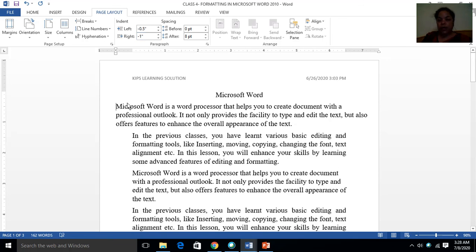So by this way we can set the indentation of text in our document. So what you have to do is practice indentation. And one more thing which I told you, that is tab. You have to create a table with the help of tab, and you have to practice indentation and tabs.